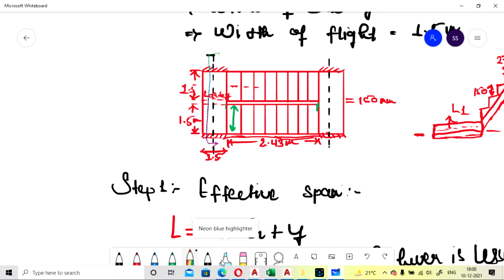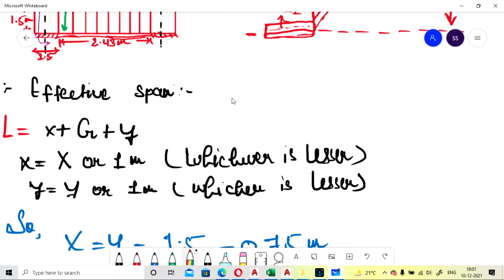If you cut this section like this, from here you will see how the section looks. So this is 1.5 plus 150. We are considering the total gap between the flights as 150, so we can change the 100 to 150. And the width of the flight is also 1.5, so it is 1.5 plus 150 plus 1.5 plus center of the supports. So this will be your effective span calculation formula.